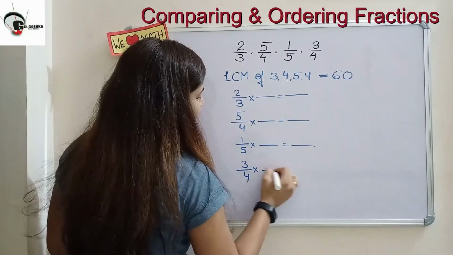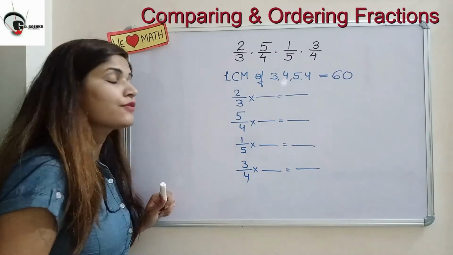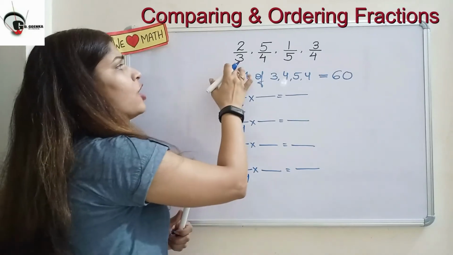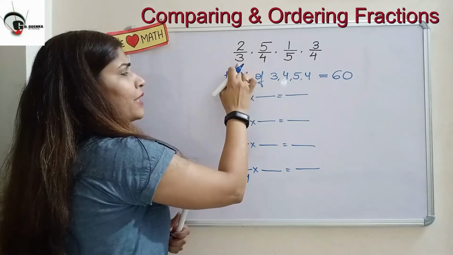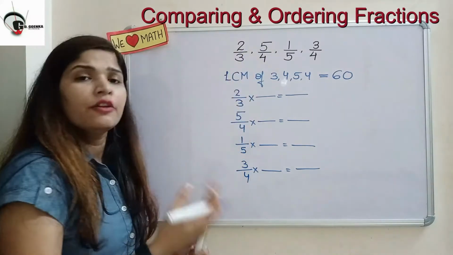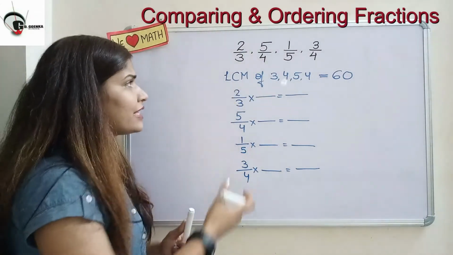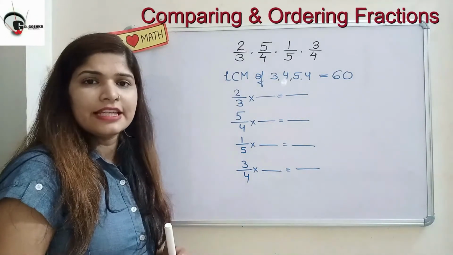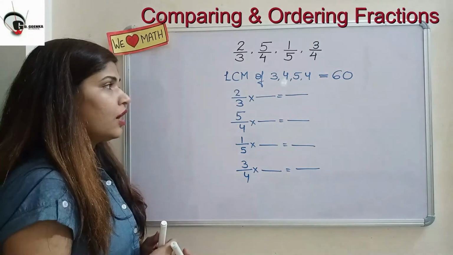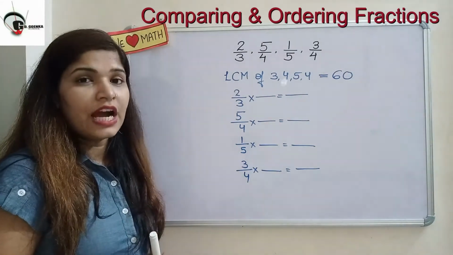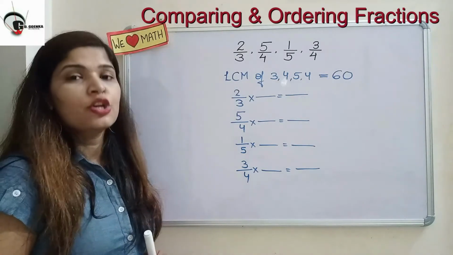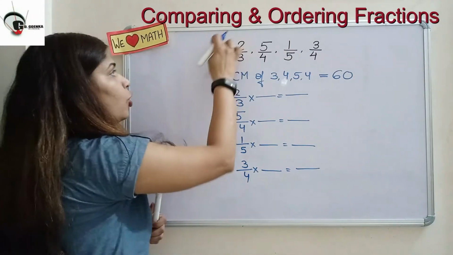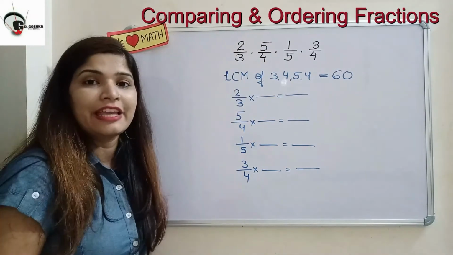And as we know, when we have like fractions with us, we can compare them easily without doing all these calculations. Suppose I have all the fractions with the same denominator, that is 3. We can easily order them without a long calculation, just by comparing the numerators. But here we can't order the unlike fractions directly. So for this purpose, we need to first convert all those unlike fractions to like fractions.